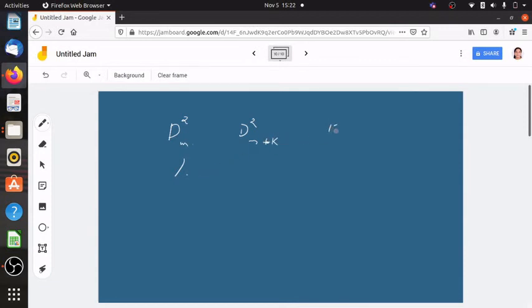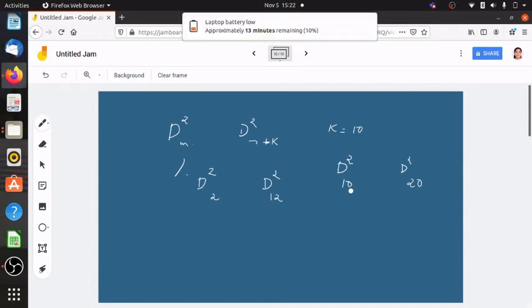K can be set as say 10. Then the difference between the second ring and 12th ring has to be noted, or the difference between 10th ring and 20th ring, and so on. So we could get the difference between d square m plus k minus d square m, and the tabular column